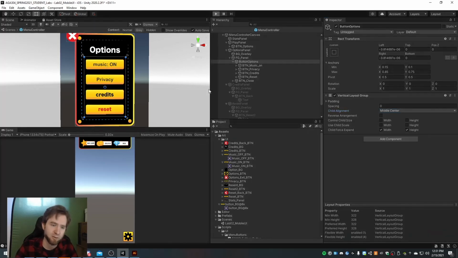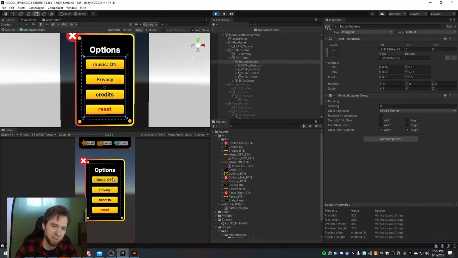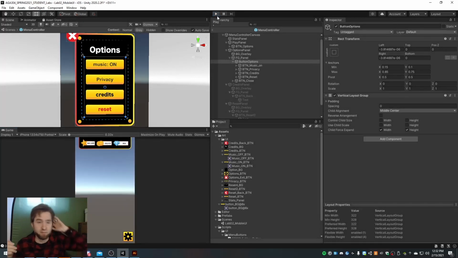Let me just make sure that everything still works. And it does. And that privacy is now its own thing. Privacy might open a panel, like a little browser thing or something. But okay,